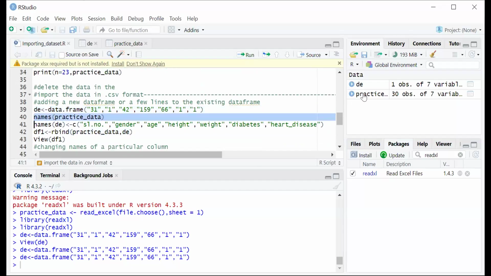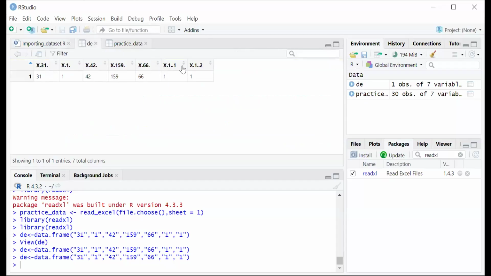By the way, I have created a new data frame of my own for a new patient, but you can see that the names of